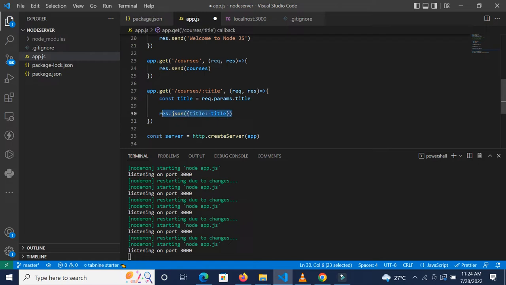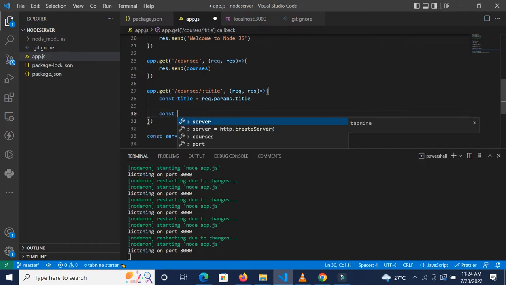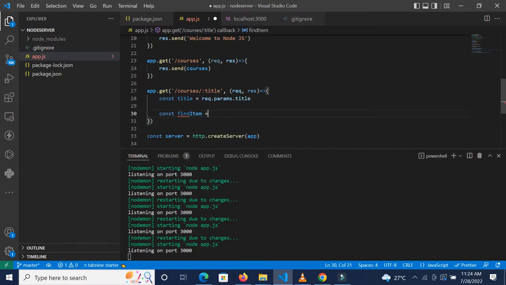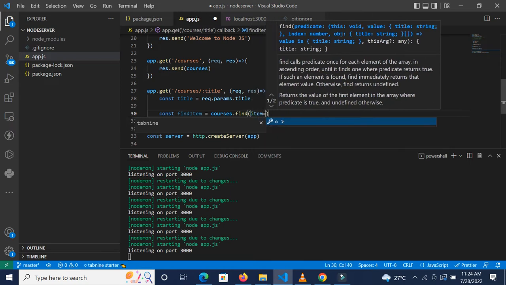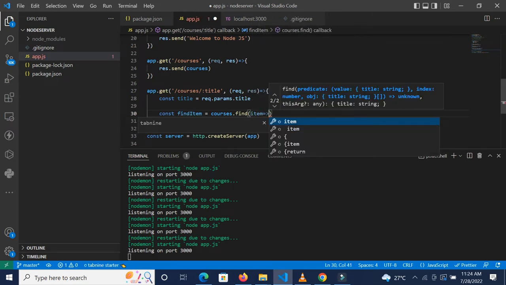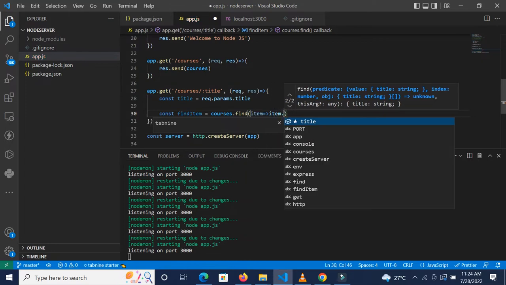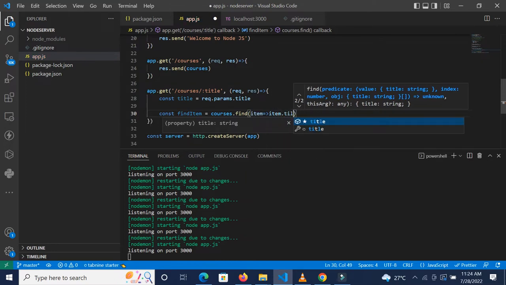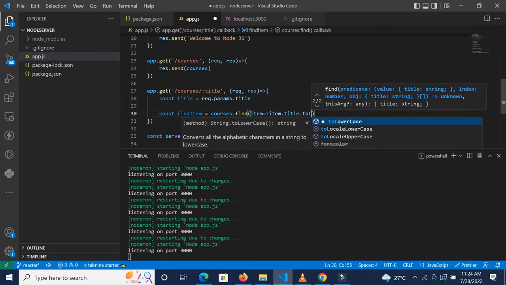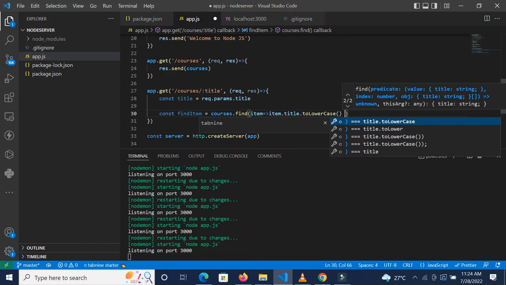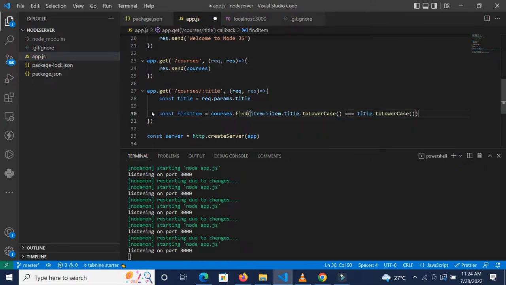So we can say const find item is going to go to the courses.find, and then we'll say for each item in there, search to find whether the item.title, which is in lowercase to lowercase, is equivalent to the title that we are getting from the URL. Okay,